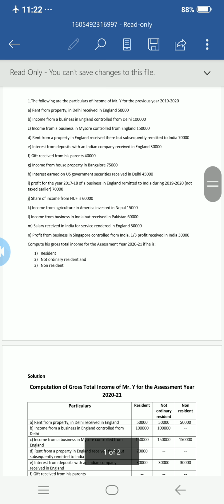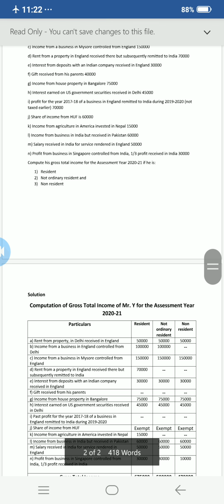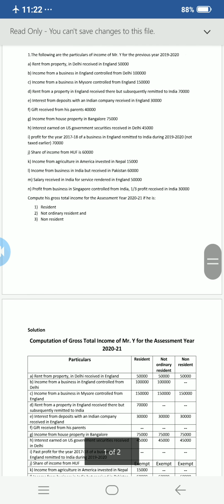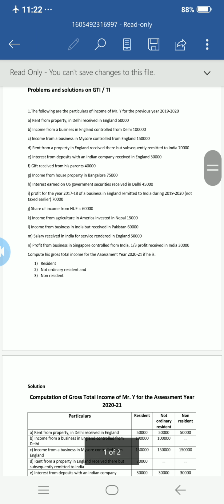And coming to D, rent from a property in England received there but subsequently remitted to India. See, the property is situated in England and received there, but subsequently remitted to India. So which is taxable only for resident, rupees 70,000, which is taxable only for resident because it is a foreign